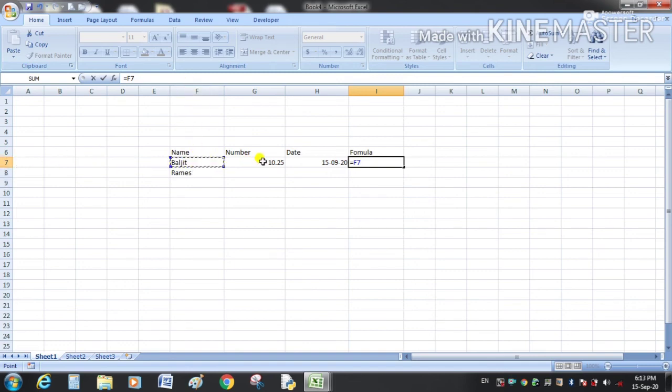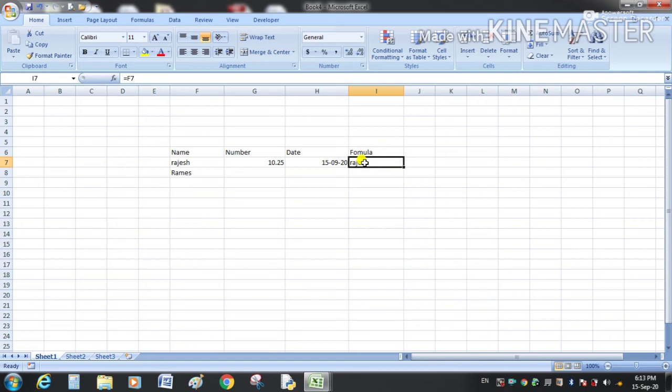So now this value has come to this cell, because I have used the reference here, equal to F7. So if I change the name here from Baljit to Rajesh, it will also change here. So this is formula. Formula is also left aligned.